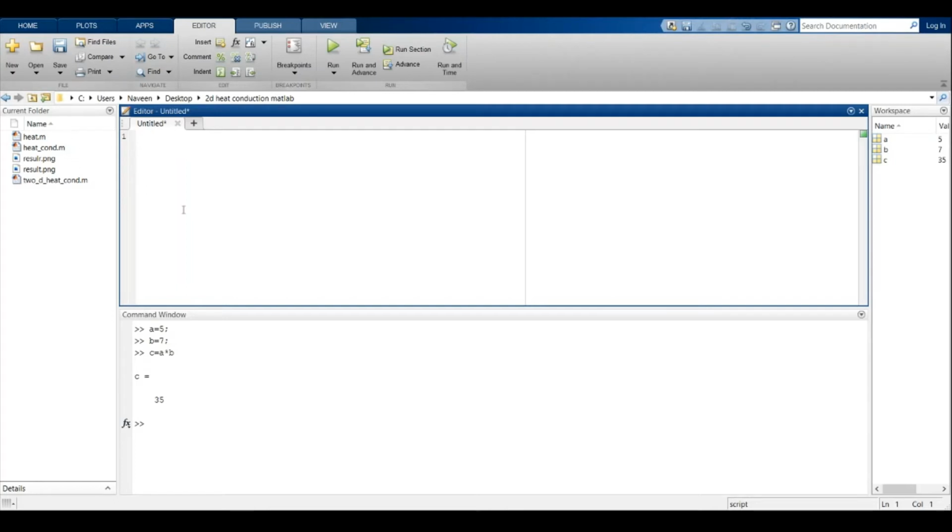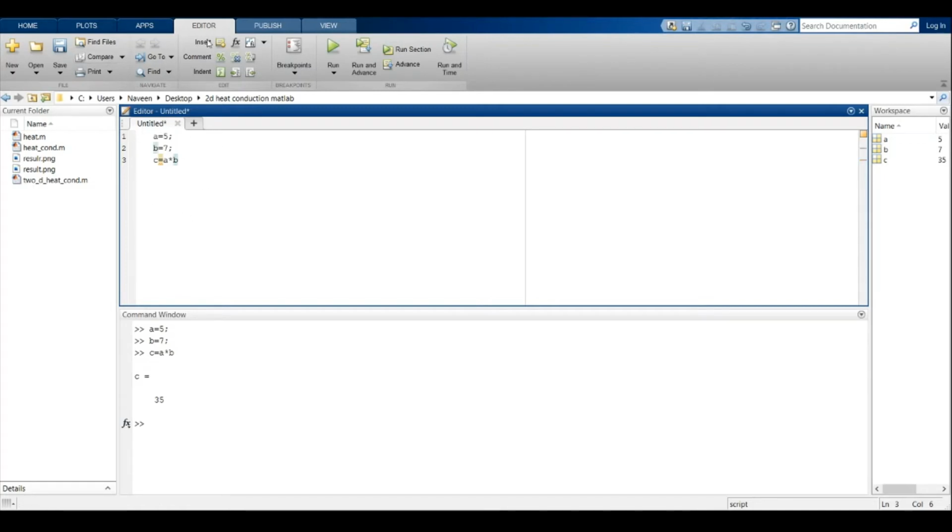So let us write the same code in editor. I have assigned 5 value to A. So A equals to 5, B equals to 7, C equals to A into B. So the question is how to save this file.